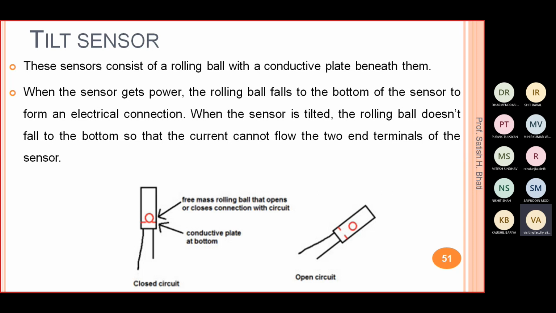So when the ball is placed on that, it will make a continuous path, so because of that current can flow, right? This ball makes the electric connection, and when the sensor is tilted, the ball will roll and will not fall on the bottom, and because of that discontinuity will happen, and the current will not flow, right? Based on that they check the tilt of the sensor. This is a very basic tilt sensor, right? Not all sensors have this kind of construction only. This is the basic type of tilt sensor with this kind of construction.